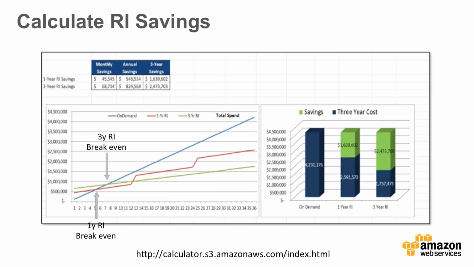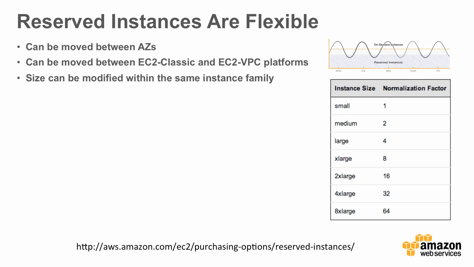So just a few things to remember about reserved instances. There are some misconceptions out there about reserved instances, and I just wanted to point out that reserved instances are actually quite flexible. They can be moved between availability zones within AWS, and they can also be moved between our EC2 Classic and our EC2 VPC platforms. And also the sizes of the reserved instances can actually be modified within the same instance